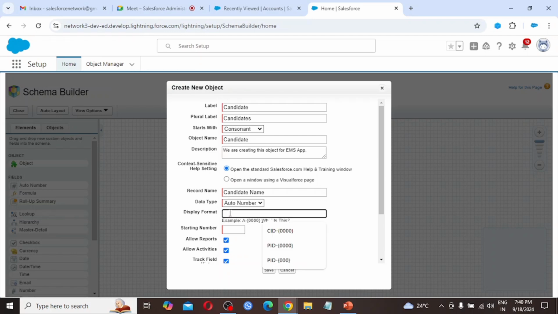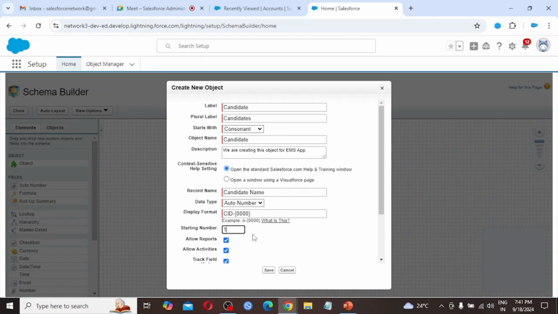So as this is a candidate, so candidate ID hyphen in bracket, in curly brace we have to provide any number of 0 we can go, and we are starting with first. So it will be like this only, candidate ID, and it is going to represent like 0001.